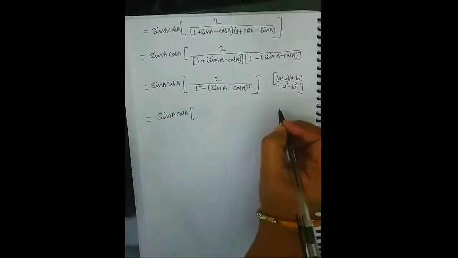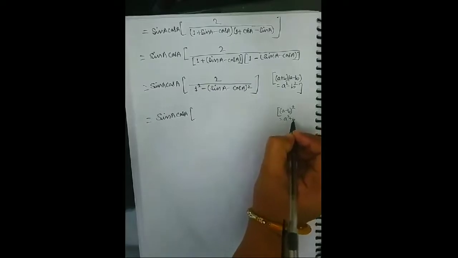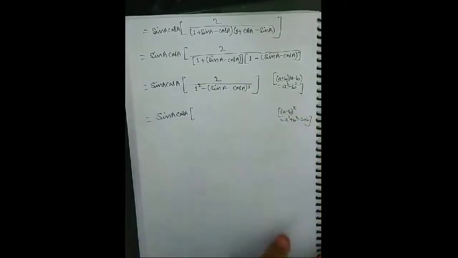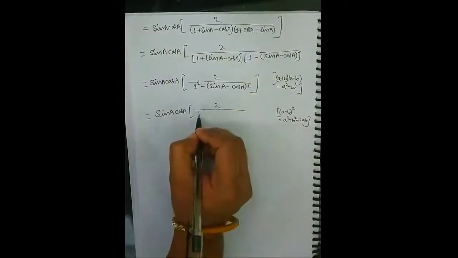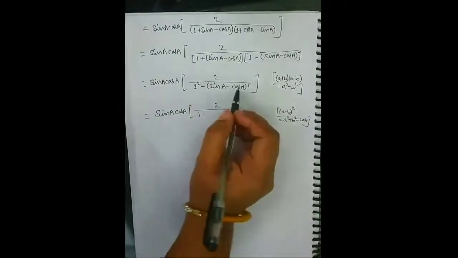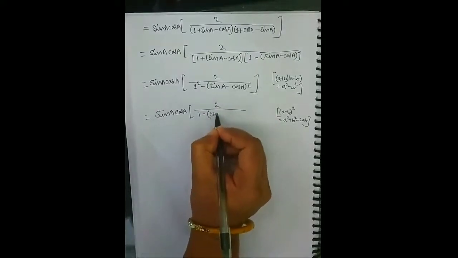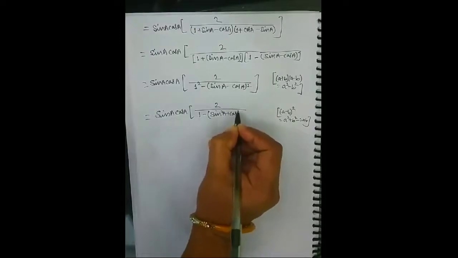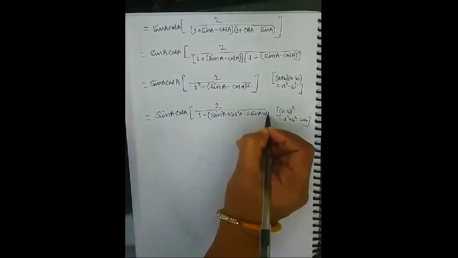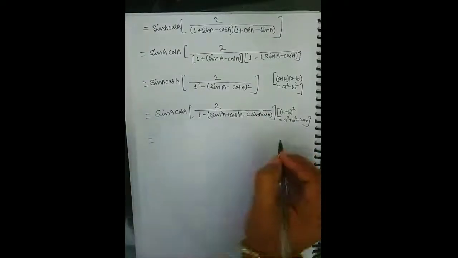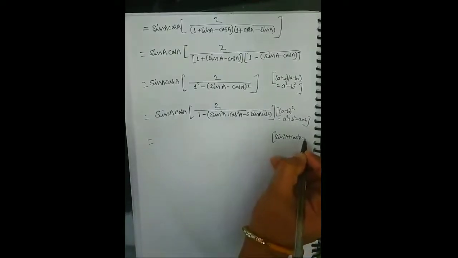sin A into cos A, यहाँ हम फॉर्मूला यूज करेंगे a माइनस बी होल स्क्वायर इक्वल टू a स्क्वायर प्लस b स्क्वायर माइनस 2ab. सो वी कैन राइट sin A into cos A into 2 upon 1 माइनस, यहाँ a हमारा sin A और b cos A. सो वी कैन राइट sin A minus cos A होल स्क्वायर, that is sin square A plus cos square A minus 2 sin A into cos A. यहाँ हम फॉर्मूला यूज करेंगे sin square A plus cos square A equal to 1.